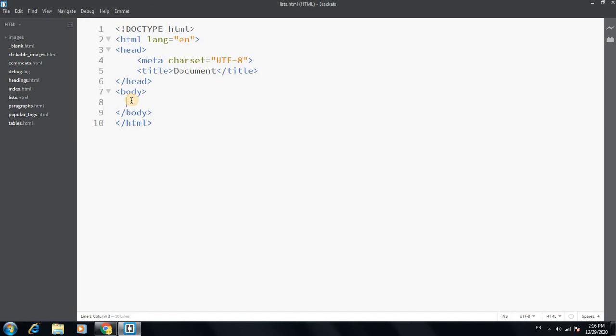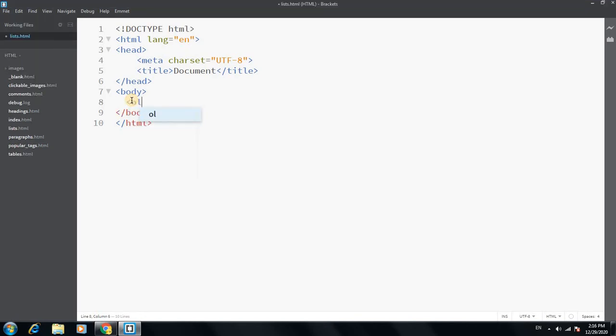And now to create an ordered list we use a tag, that is the OL tag. So opening OL tag and the closing OL tag. And now inside this OL tag it needs to have some data or list items. We write some data by using the li tag,